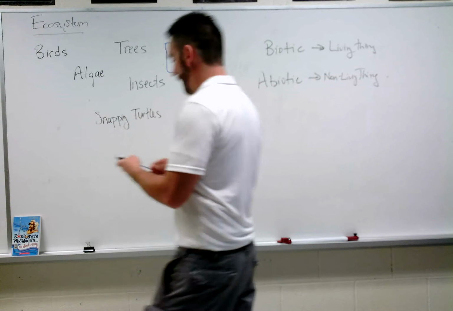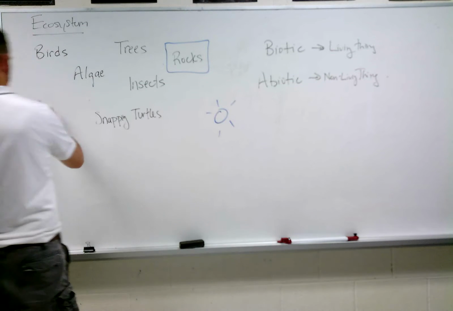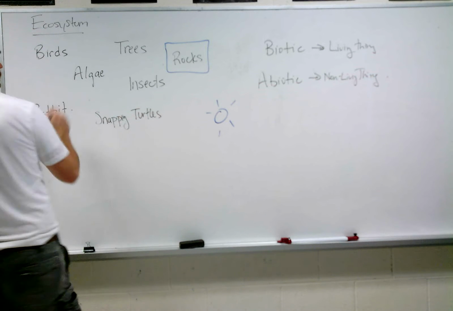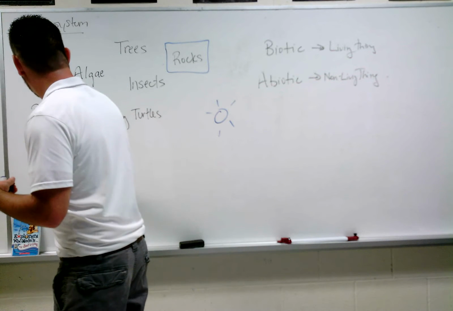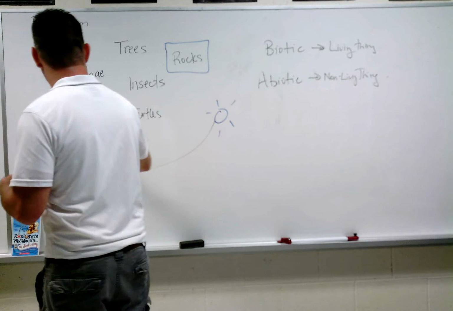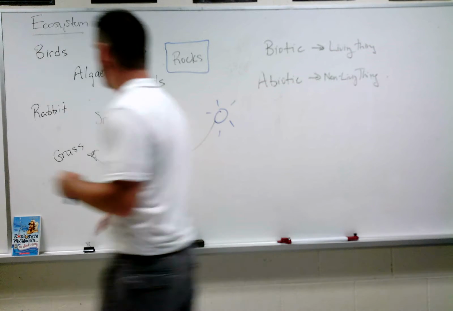Okay, so we're going to start with this, and we have the sun. The sun is giving its energy to the grass, and the grass grows, and then the rabbit comes along, and the rabbit eats the grass. So Ira just said, well, we get energy from food. So where's the rabbit getting its energy from?